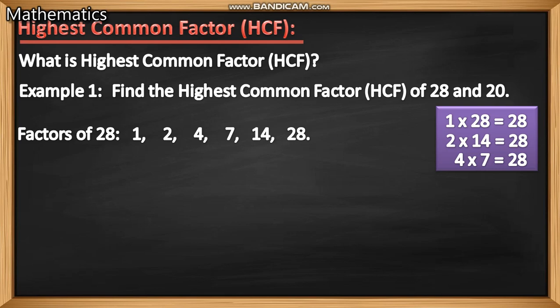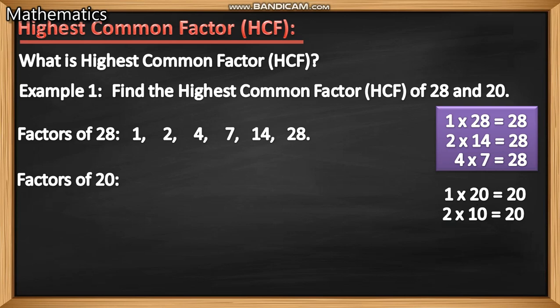Now we want to write the factors of 20, the second number. Which number into which number is 20? At first 1 into 20 is equal to 20. Then 2 into any number is 20? Yes, 2 into 10 is equal to 20. Then 3 into any number is 20? In 3's multiples there is no 20. 4 into any number is 20? Yes, 4 into 5 is equal to 20. Then 5 into 4, that we already wrote.